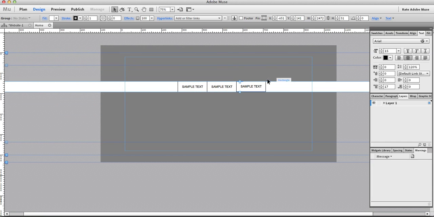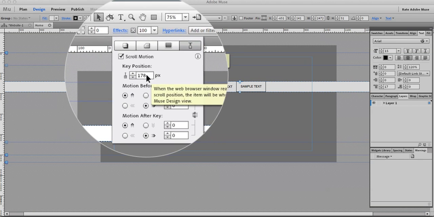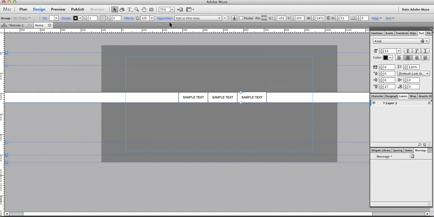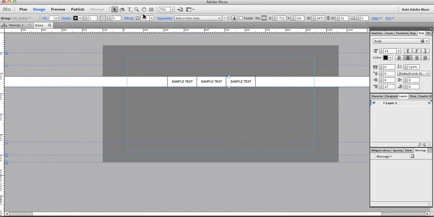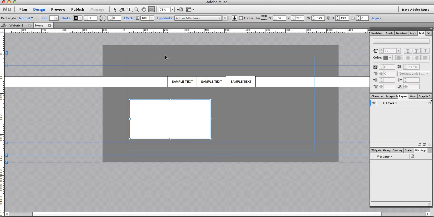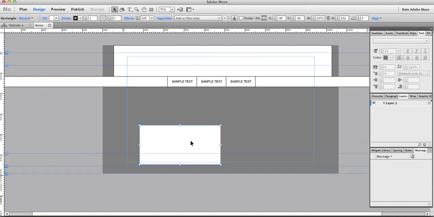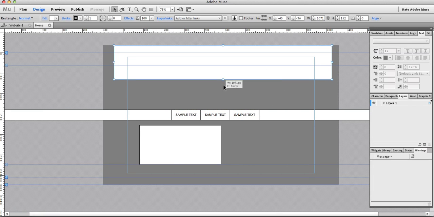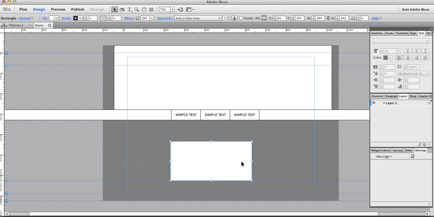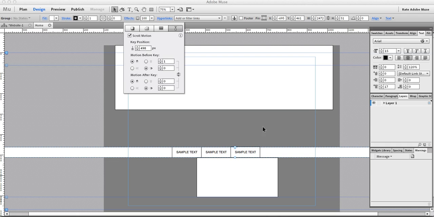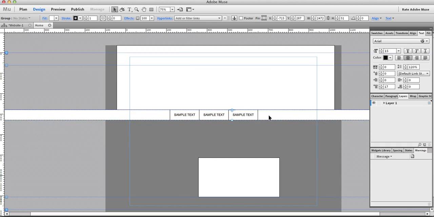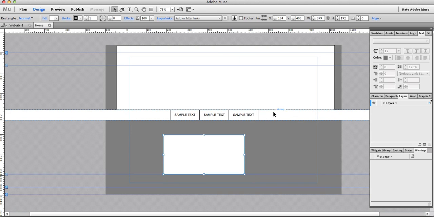And now if you move this menu, this key position will change, and it doesn't affect your menu. You can move your menu, put it wherever you want. You can have some text, some shapes in your website, here your header and your content. If you decide to have a bigger header and move your content and move your menu, you don't need to change the scroll motion values. You just move the menu and it does the same job. It stays at the top because we set the handle to the top side of the menu,